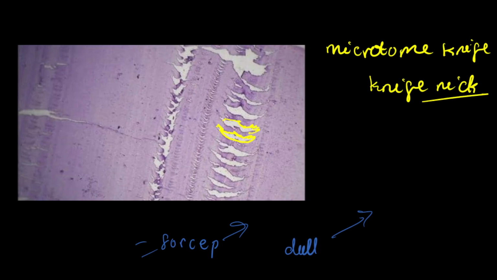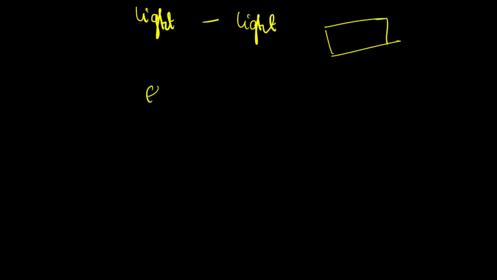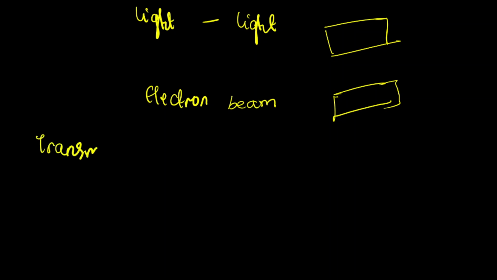Next, let's briefly take a look at electron microscopy. This video would consider electron microscopy very briefly. Now, as earlier stated, in the light microscope, we're making use of light. Okay, so light is directed at the tissue section in order for it to be viewed. However, in an electron microscope, the electron beam is either transmitted through the tissue section or it scans through the tissue section. This gives us a transmission electron microscope, EM, as well as the scanning